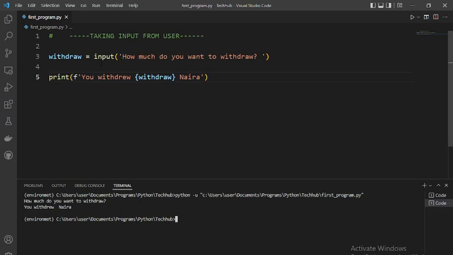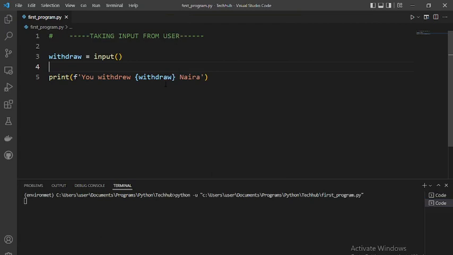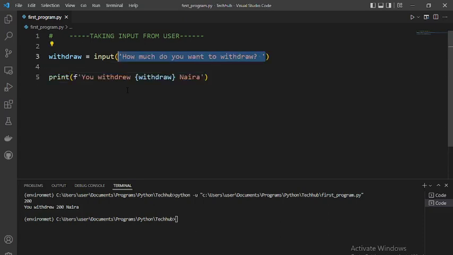Like I was saying, this input function simply collects the user's input and assigns it to whatever variable you have here. If you don't put anything inside here, as in it is empty, and you run the code, you would see that our cursor is waiting for me to put something. If I put 200, it will say you withdrew 200, but it's always advisable to show the user